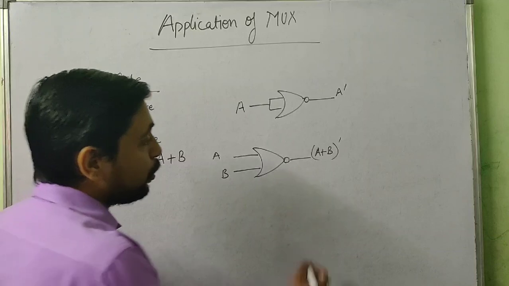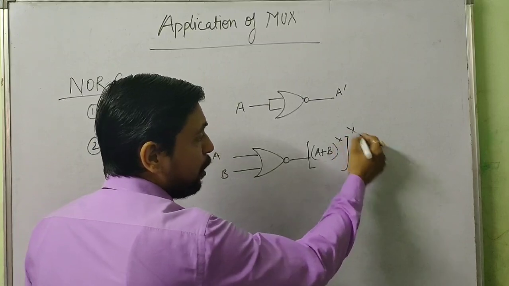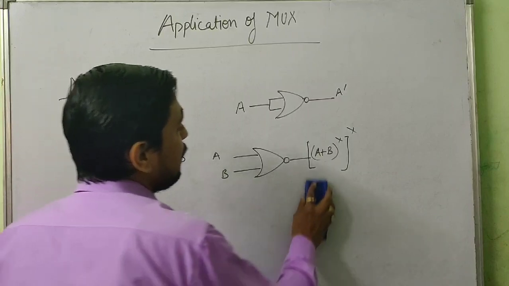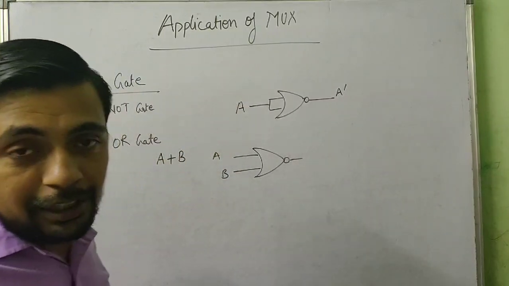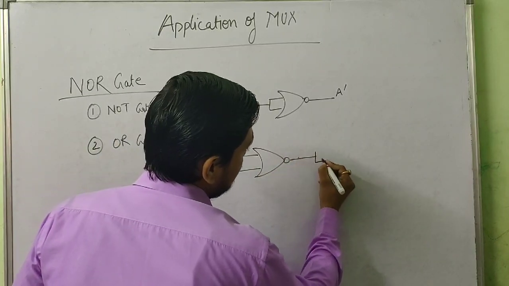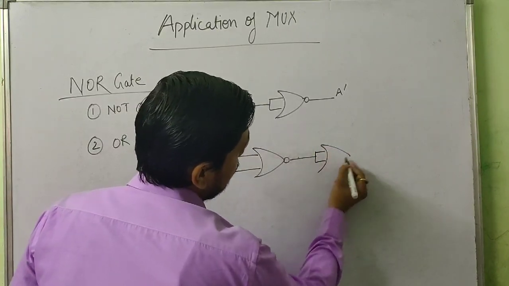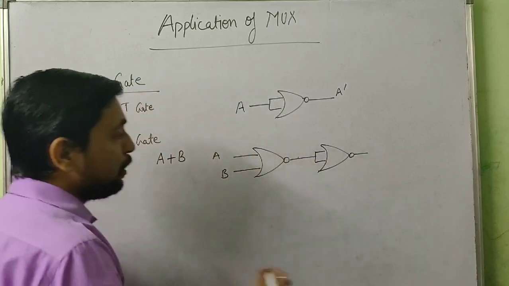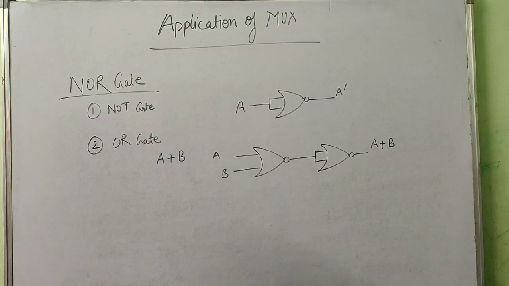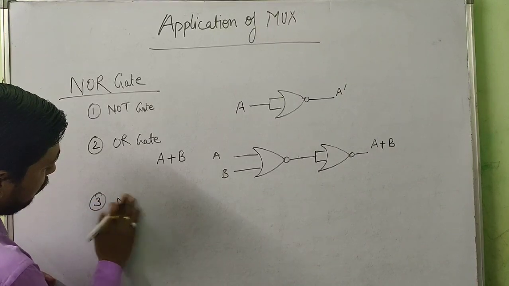Right? (A plus B) whole complement. Now what do we need? We need to complement this one more time. If we complement this one more time, these complements will cancel out each other and result in A plus B. We will get that result. Now the thing is how we are going to complement this one more time. I think you are getting it. We will do this one only. So we will divide this output into two inputs and feed them to another NOR gate. Now the output of this will give you A plus B. Right? Now the last gate that we need to form is an AND gate.